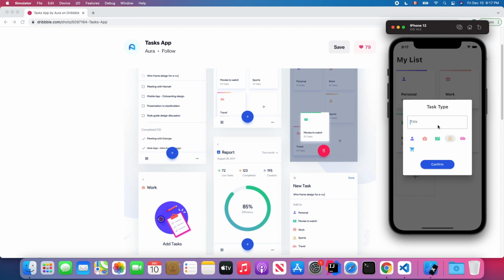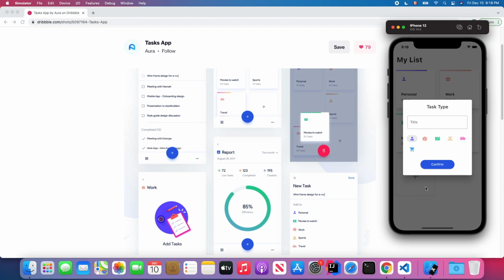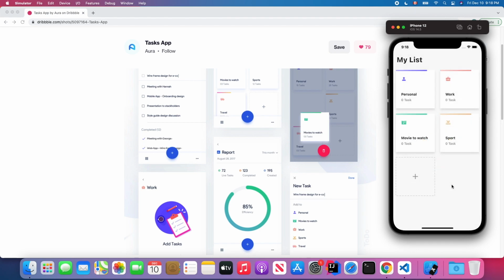However, you are not allowed to add the same task type. Right? When I hit confirm, it will show duplicate task. We also did some user input validation. For example, if you hit this confirm button without inputting anything, it will show an error message saying you must input your task title. Okay, and that's what we did in the last lesson, and we will continue working on the new feature, which